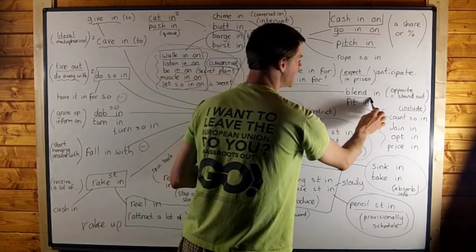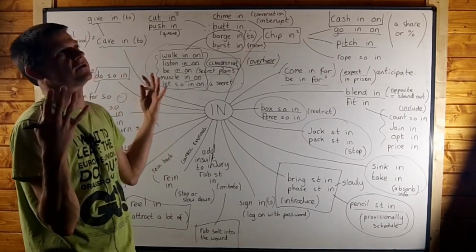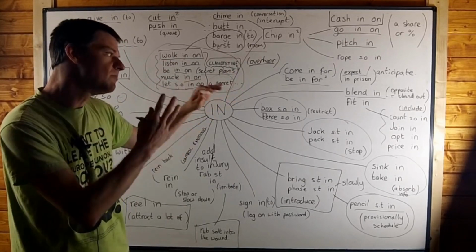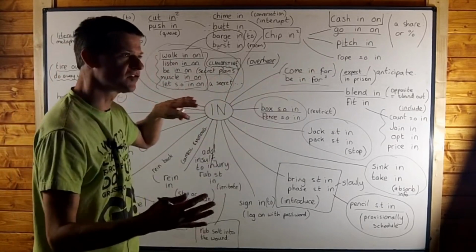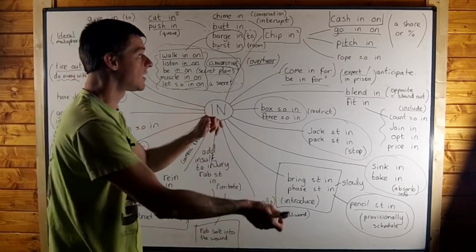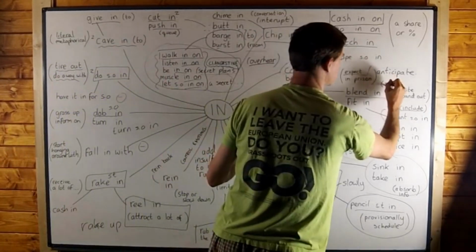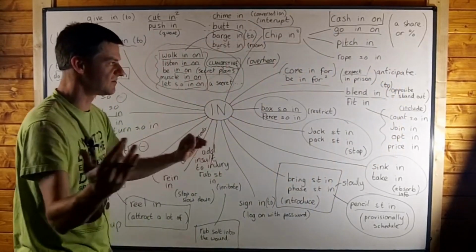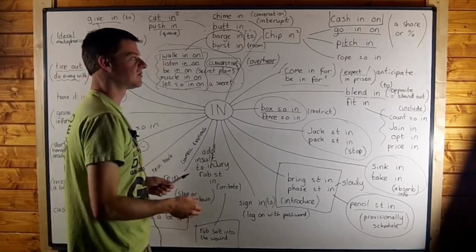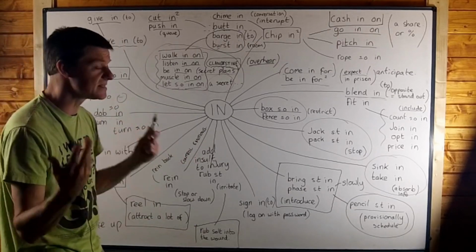Now, if you blend in, this means that you become camouflaged, if you like. You very easily blend into the crowd. So when you blend in, you look like everybody else, or you look like your surroundings. So an animal which uses camouflage tries to blend in to its environment, yeah? But if you're in another country, you may not want to look like a tourist, and so you might try and wear similar clothes to the local people in order to blend in.